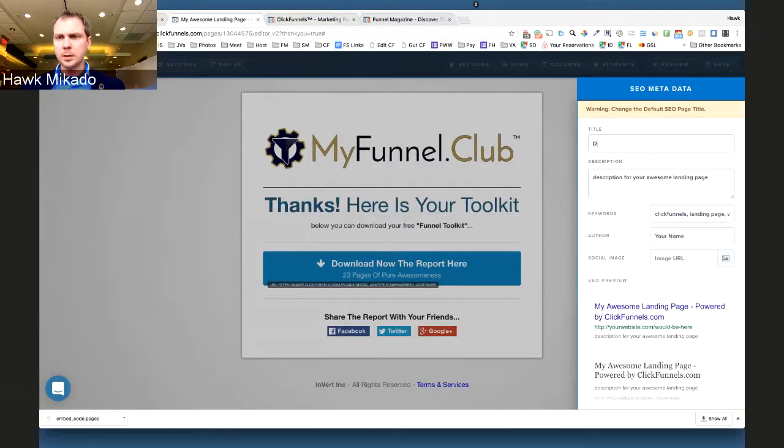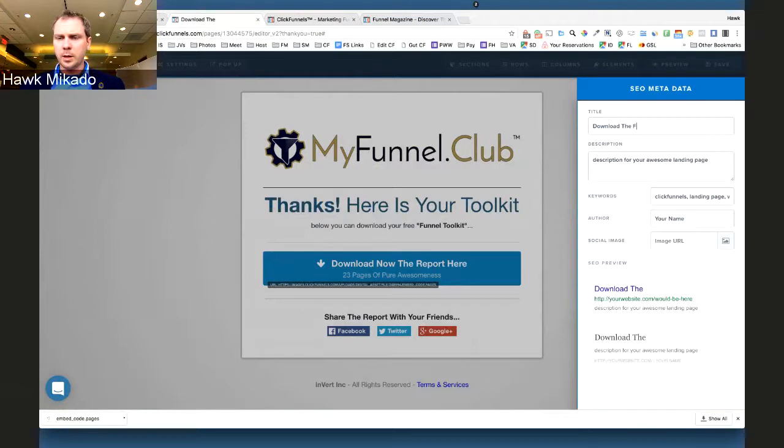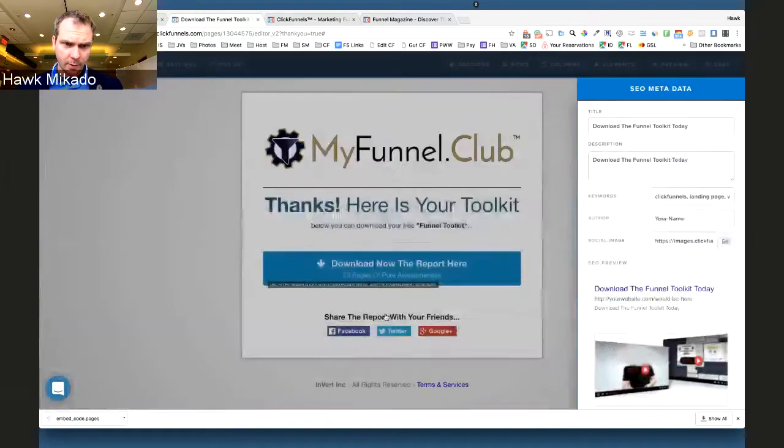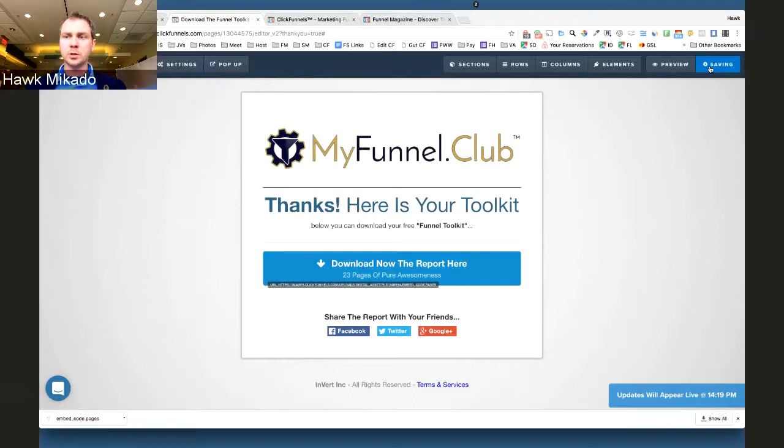Download the funnel toolkit today. You can change this, and maybe I'll put this one in. Change the name of this to myfunnel.club. And you can also, for SEO purposes, use keywords. You can put as many keywords in here as you want. And you just click save again, since that didn't save before that. We're going to go out of this